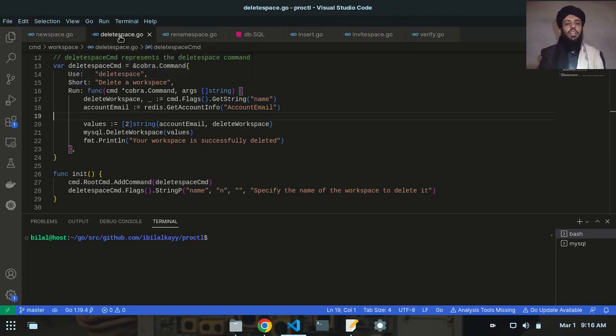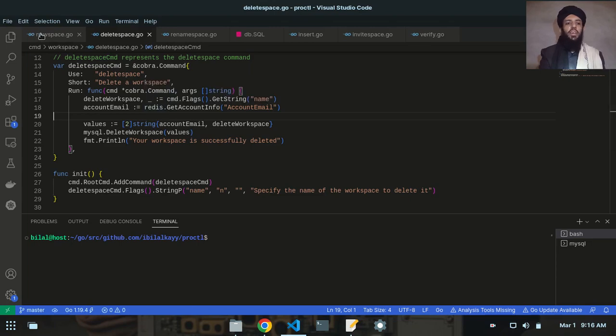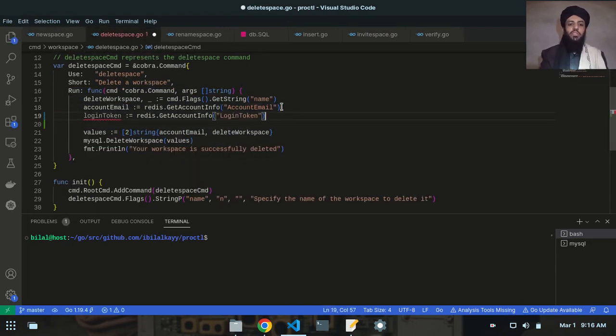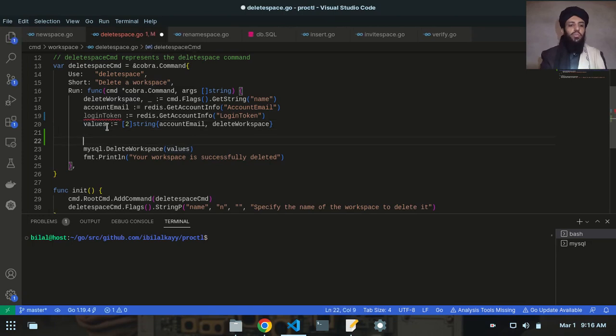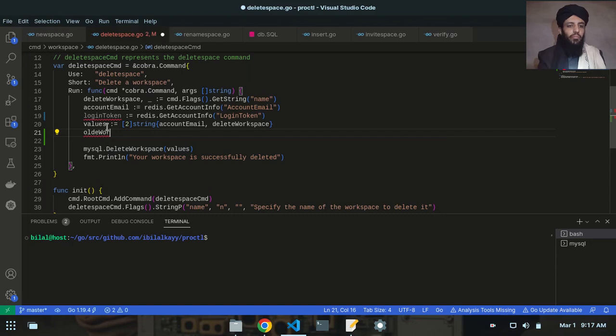I will also put the condition inside this delete space and the rename space also, that if the user is logged in, then in that case the user can delete or rename that space, as I have done in the new space also, as you can see here. So the first thing that I'm going to do is to take this variable and paste it inside it, and similarly I will just remove this space and write it inside it like this. And after that, the next thing I'm going to do is to write a variable old workspace name